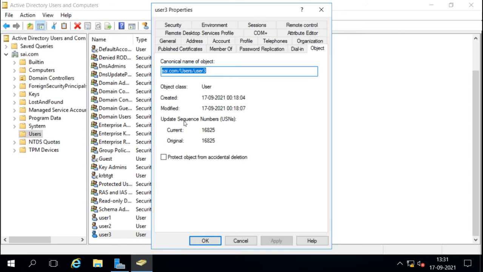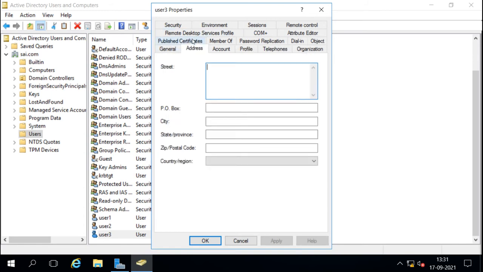This is a number which updates every time we change anything for this user. Right now it is 16825, and the original is also 16825. If you change anything with this user, for example I will add the city here. Now I have updated some information for this user.